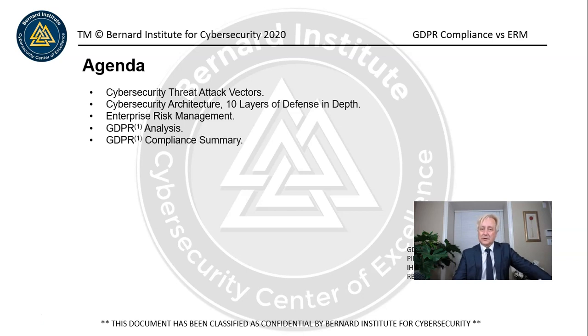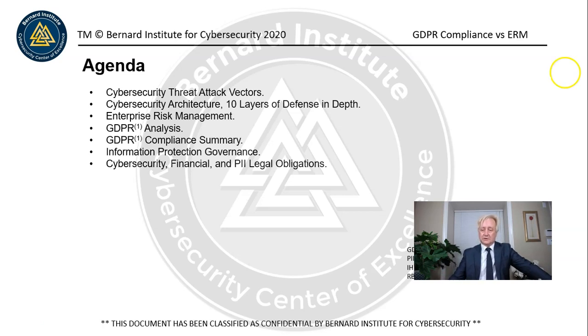GDPR compliance summary, so I've summarized those to give you kind of an overall ballpark estimate of how much time or emphasis you should spend on each of these areas. We're going to talk about information protection governance, which is very important to all information protection regulations and statutes. Cybersecurity, we're going to talk about the financial and the PII, which is an acronym for personally identifiable information.